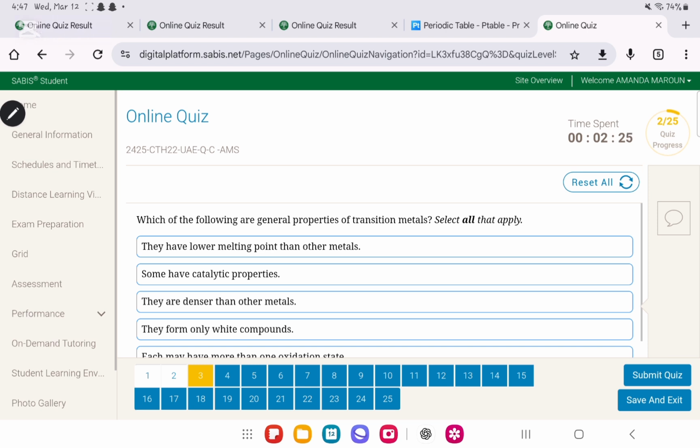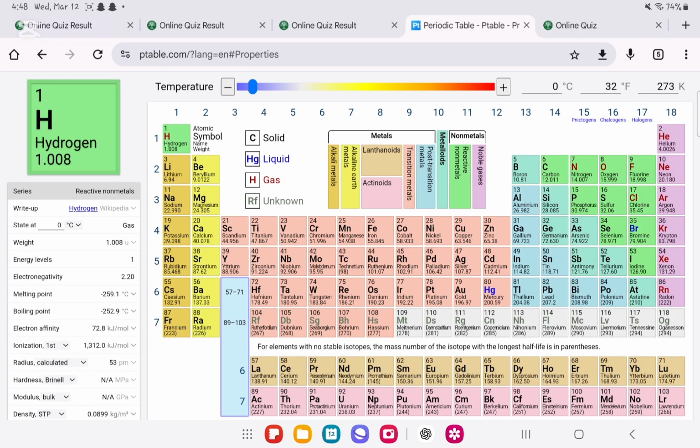We move on to question 3. Which of the following are general properties of transition metals? Transition metals are what? They are these metals over here. Before the transition metals, we have two groups. We have the alkali groups and the alkaline groups. They each have their own properties, but for now, the properties of the transition metals, which are over here,